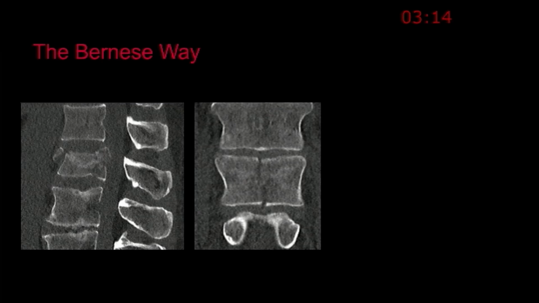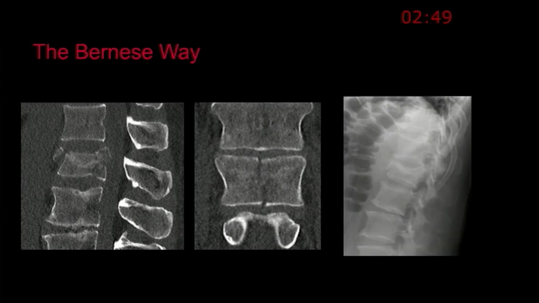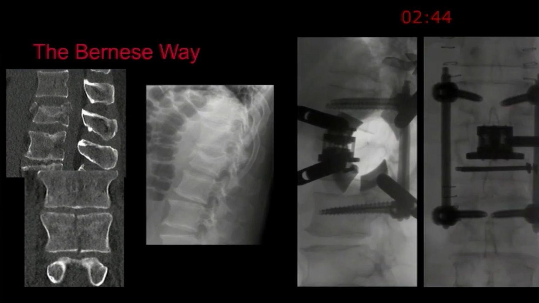And I want to share with you the Bernese way of treating A3 and A4 fractures, because it's very similar in our practice. You see, this gentleman is also a construction worker who fell from a construction site with this A4 fracture. It's more or less an incomplete burst with a coronary split. So we see this quite a lot, actually. When he was mobilized, he had intractable pain. Therefore, we opted for surgery.